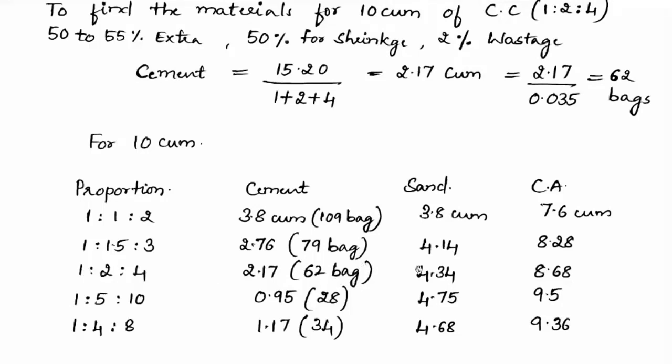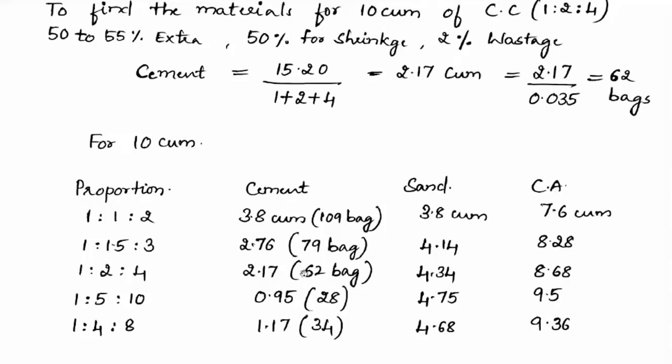In this way you can do the calculation for all grades of concrete like M10, 15, 20, 25. These are for nominal mixes, you remember these are the nominal mixes. If you have done any mix proportioning, based on that you are going to get the proportion. These proportions may vary based on the materials, as you have already studied in concrete mixes, and based on that you can do the calculation.